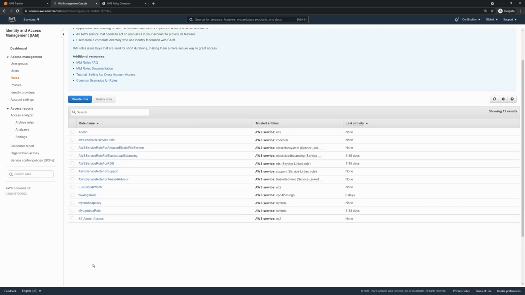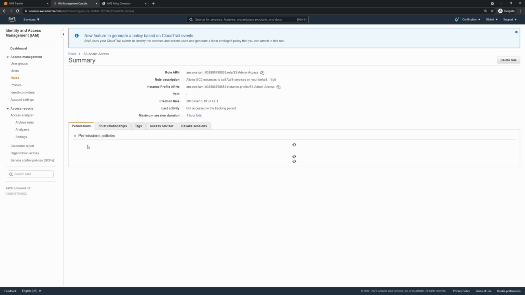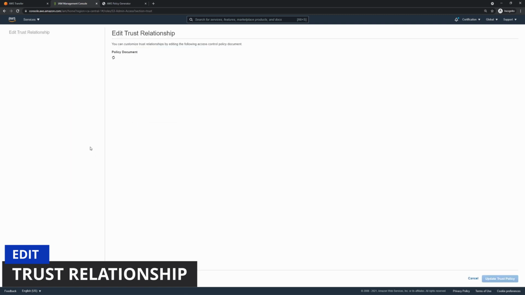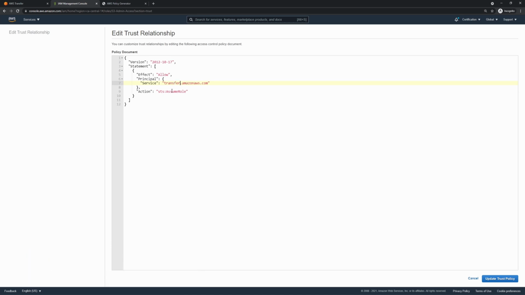This was the role that I have used as S3 admin access. I'll click on that, go to trust relationships and click on edit trust relationships. Then replace EC2 with transfer. So this will enable the AWS Transfer Family service to assume this role. So I'll click on update trust relationship.